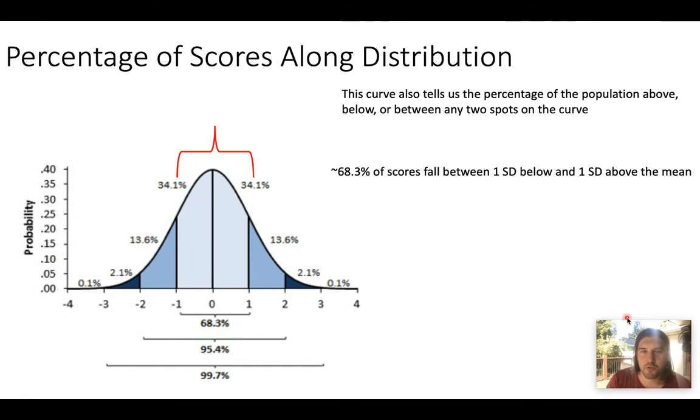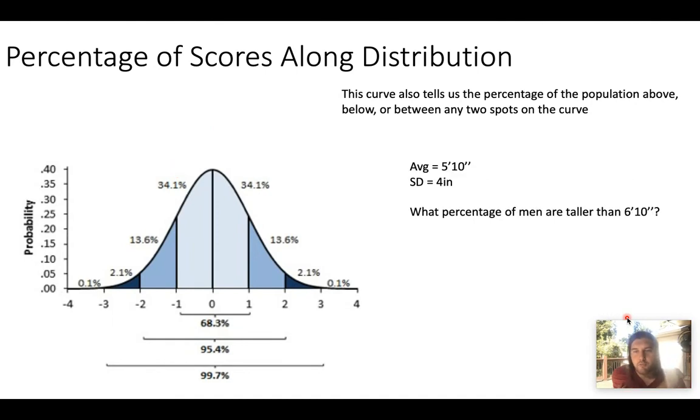Let's do a quick practice problem here. I want you to think about it. I'll just walk through this with you. Don't worry about pausing or anything like that. Again, our average is 5'10". Our standard deviation is 4 inches. If I were to ask you what percentage of men are taller than 6'10",